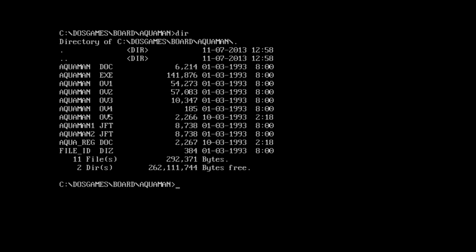So right off the bat, the fact that there's an aqua_reg.doc kind of makes me convinced that this isn't going to be based on the actual Aquaman character, just because this is clearly going to be shareware. And I can't imagine any kind of superhero being put towards a shareware project as opposed to a commercial project. But let's see what we got here. Type file ID dot